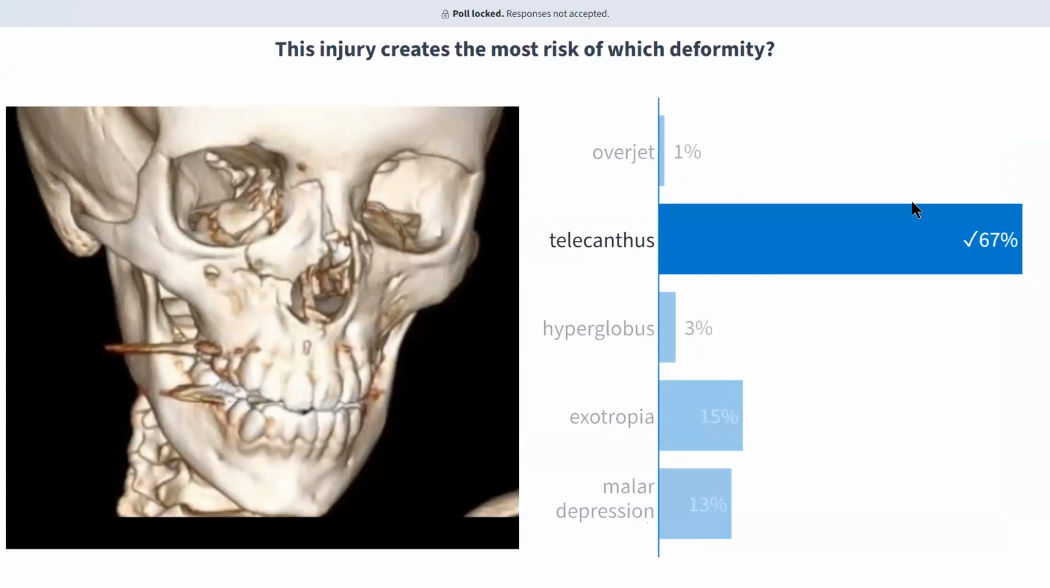Okay, 67% got the answer correct, which is telecanthus. So the image here shows a nasoorbital ethmoid fracture. So nasoorbital ethmoid fracture involves this medial part of the midface. It is characterized by fracture lines that go through the frontal process of maxilla, the maxillary process of the frontal bone, the nasal bone extends through the piriform aperture, through the maxilla, through the